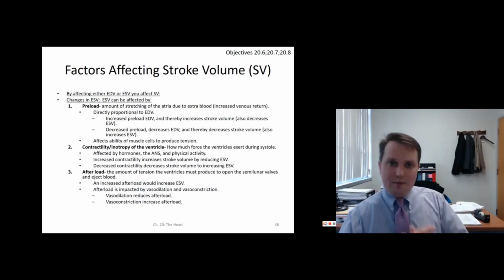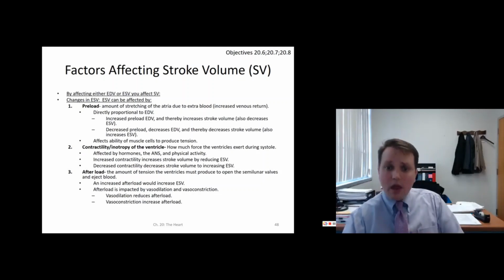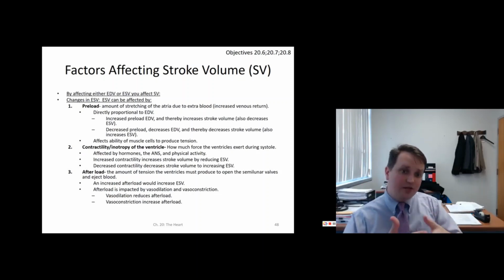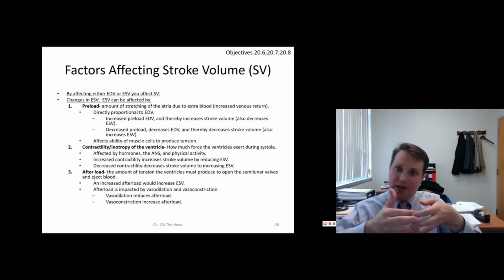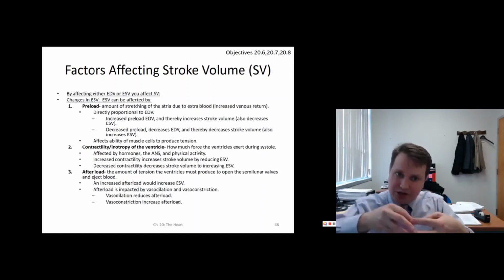Hopefully get more physically active again. But if you're very heavily active, your heart muscle becomes very efficient at dealing with increased preload. We call this conditioning cardiac hypertrophy. It becomes more elastic,